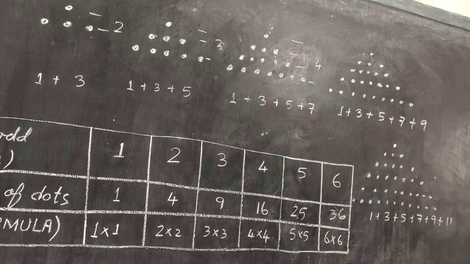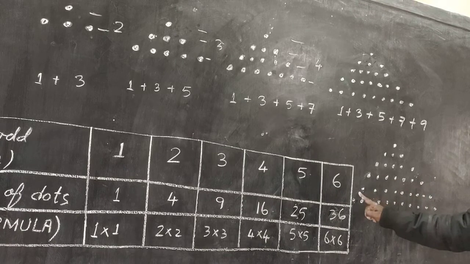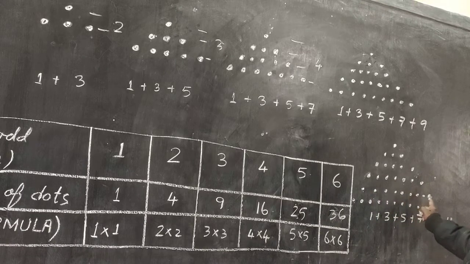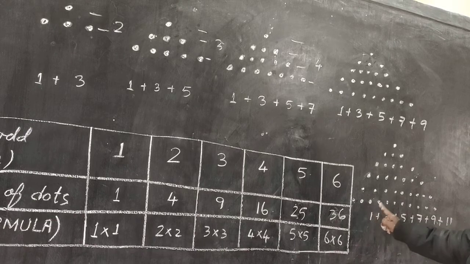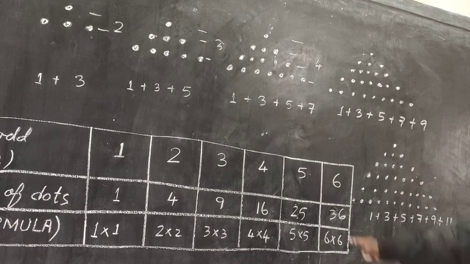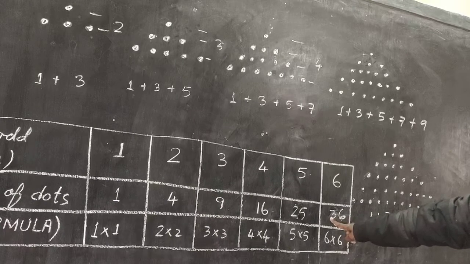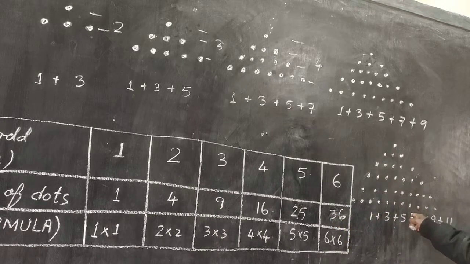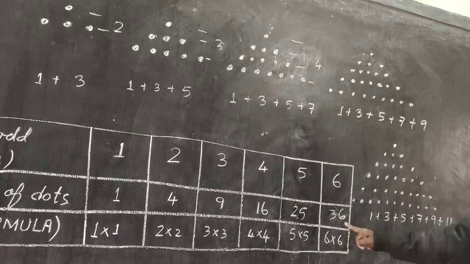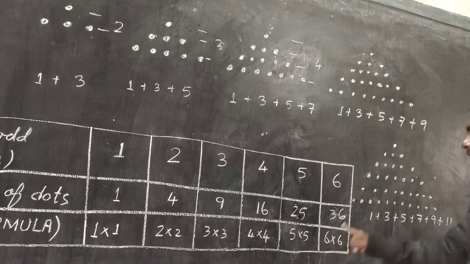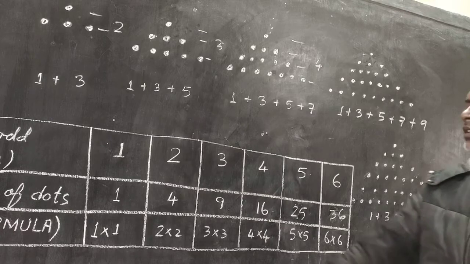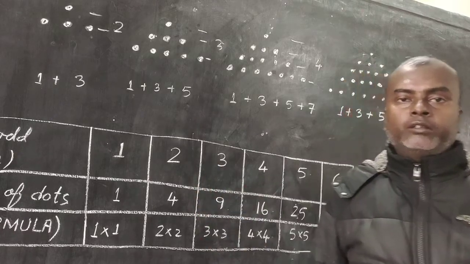Now let us count them individually. 1, 2, 3, and so on up to 36. And that's exactly what we got here also. When you count manually, then also 36. When you put in the pattern and calculate, then also 36. So this is called a pattern, or in general we call it as